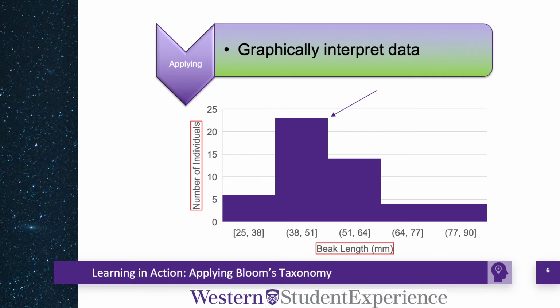Now let's suppose your professor asks you to interpret the trend based on this graph. This is asking you to apply your working knowledge of graphs and interpret a set of data. This is the application level of Bloom's taxonomy. Building on the prior example, you may come to the conclusion that this histogram represents a population of birds with varying beak length. You may come to the understanding that the average beak length in this population is somewhere between